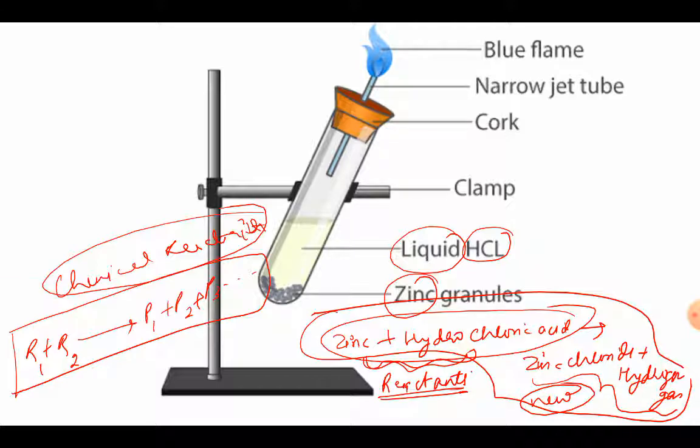So now I guess that we are clear with the three topics: first, what are reactants, second, what are products, and third, what is a simple chemical reaction. It involves the breaking of chemical bonds in the reactants, मतलब reactant के bond टूटेंगे और प्रोडक्ट में बॉन्ड बनेंगे. So there is bond breaking in the reactant and bond making in the product. And how is that taking place? By the rearrangement of atoms.